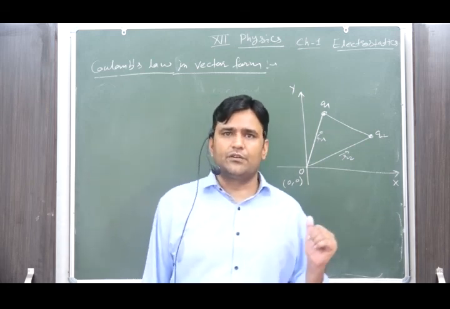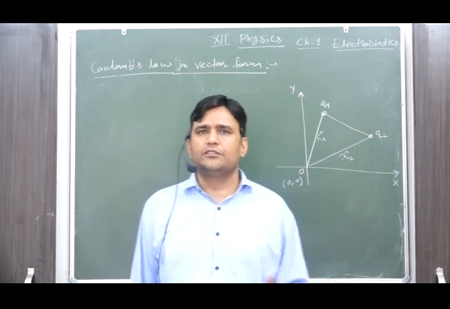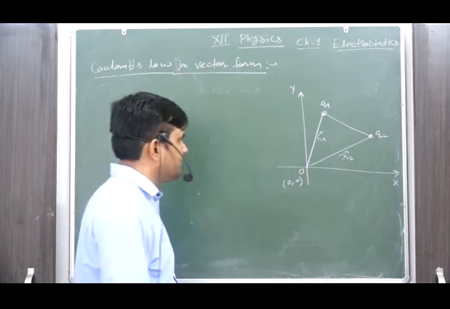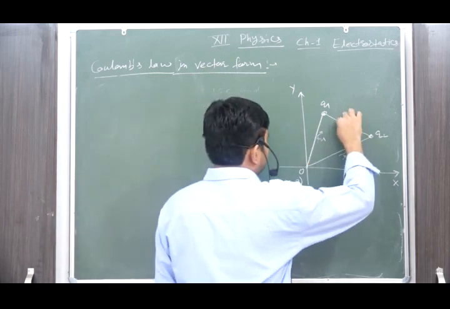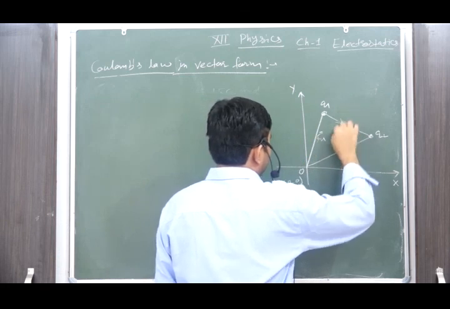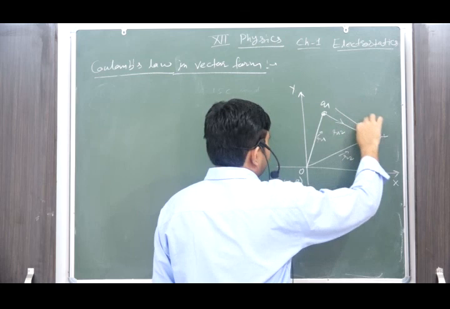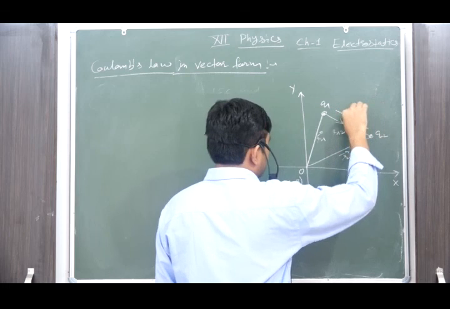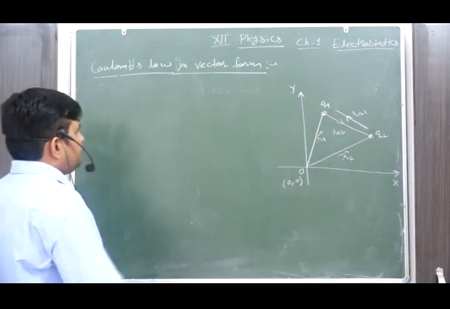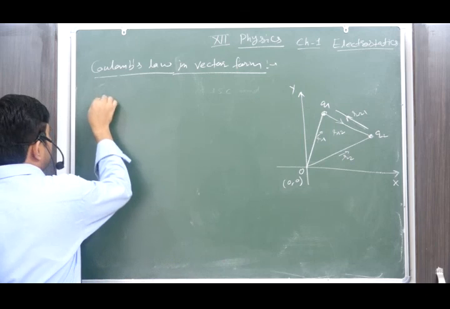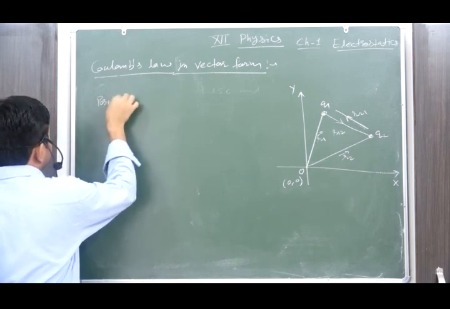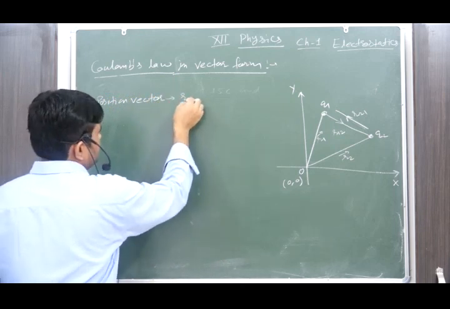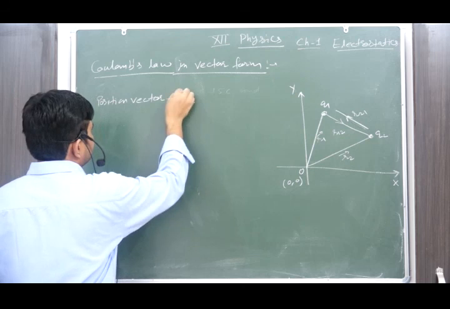That's why we are concluding the vector formulations of Coulomb's law. So we are just using the triangle law vector formulations for finding these. Now we are considering, when we are moving in this direction, it is R12. And when we are moving in this direction, it is R2. Okay, first we will find the position vectors. R12.